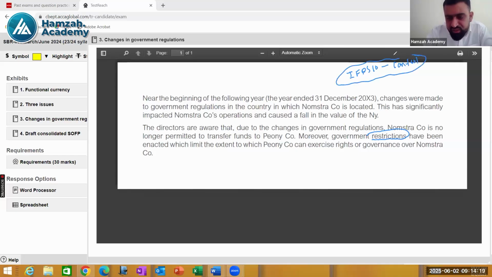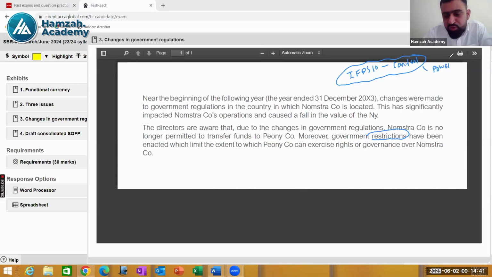We have to discuss whether the control has been lost or not, and then what would be the potential impact on the accounting. If we define the control, it is a power to take the financial and operational decisions of the company. And that control you have if you have a power